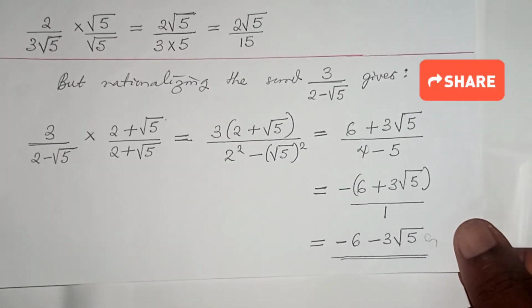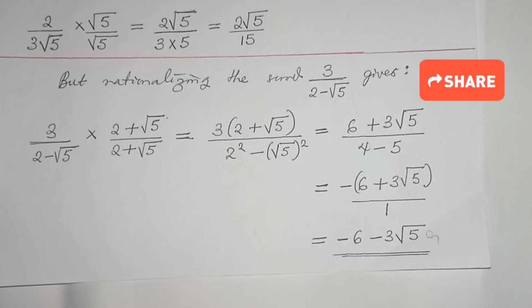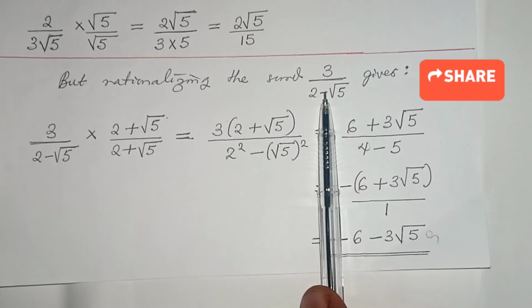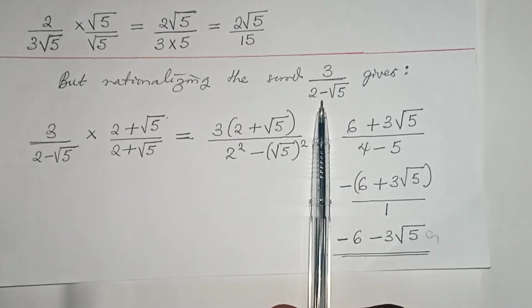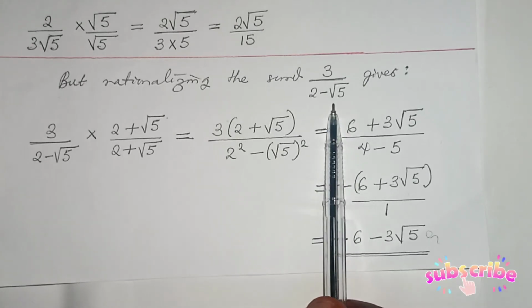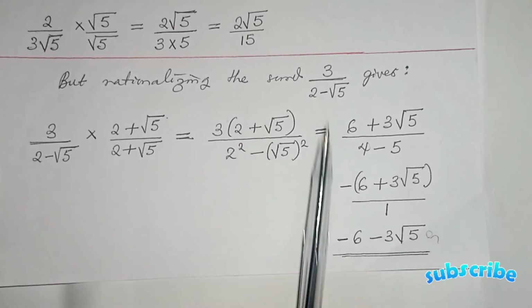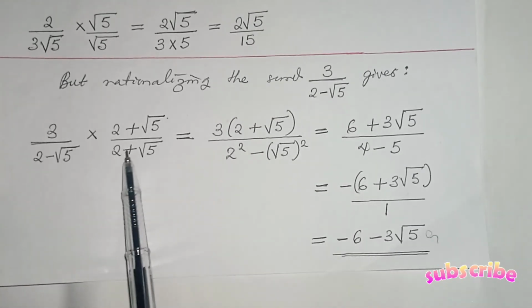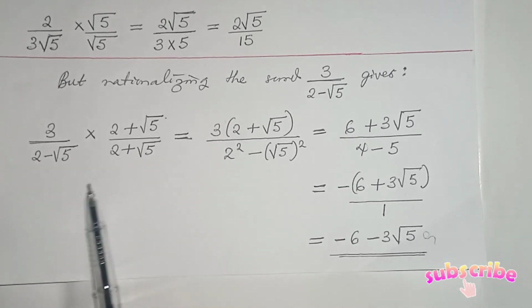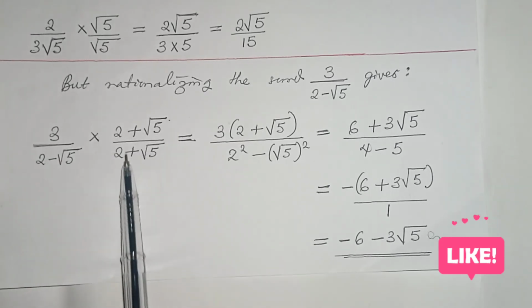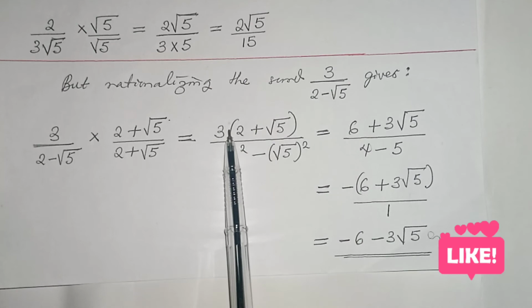Okay, now let's consider the second form I told you. Surds could appear in quotient form. So when a surd appears in this manner, it also needs rationalization, and I'm emphasizing it needs rationalization simply because the denominator contains a surd. So rationalization is the process of eliminating a surd from the denominator of a surd when expressed in quotient form. So all you have to do in this case is to multiply the numerator and denominator by the conjugate. So the conjugate of 2 minus root 5 is 2 plus root 5. So use 2 plus root 5 to multiply the numerator and denominator of this surd, and that will give you